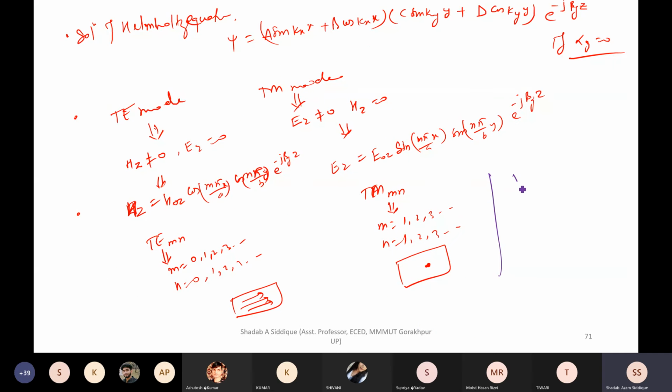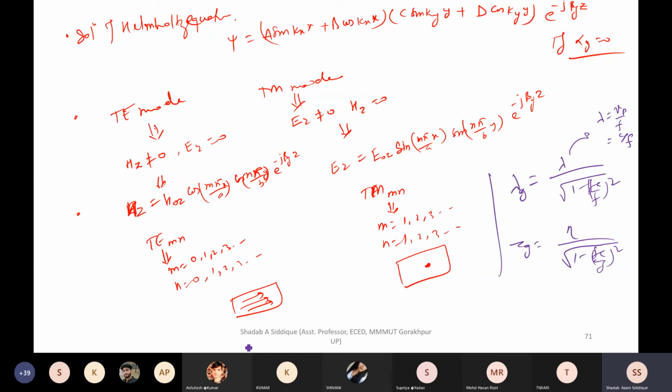Now we had the guided wavelength, lambda g. Lambda g is nothing but lambda for the propagation, and lambda is equal to Vp upon f. Vp was nothing but omega by beta. Sorry, Vp is nothing but c by f. So this is the velocity of light in free space, and lambda g, the guided wavelength, is lambda divided by square root of 1 minus (fc by f) whole square. So that was there. And Zc was eta divided by square root of 1 minus (fc by f) whole square. You should know these formulas.